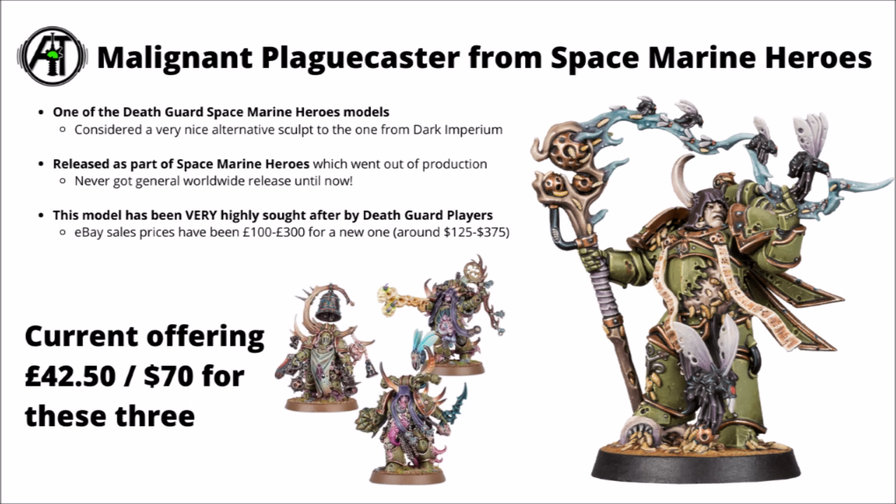First up, we'll talk Death Guard, and I feel like a fair few players might well be quite interested in this miniature. This guy is the Malignant Plaguecaster from the Space Marine Heroes range, really quite cool with his tri-point staff there, conjuring up a bunch of little plague flies to do his bidding. This guy is one of the 7 miniatures in the Death Guard Space Marine Heroes range, one that got a release over in Japan I believe, but never received an international release to my knowledge,